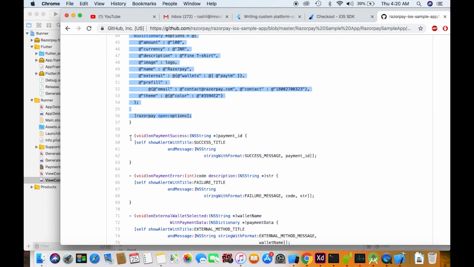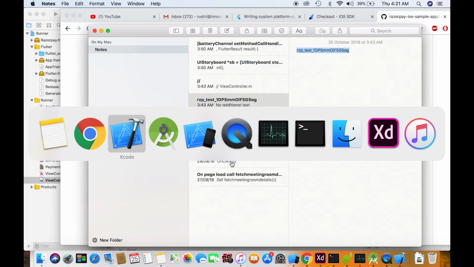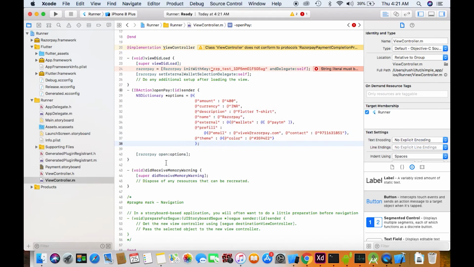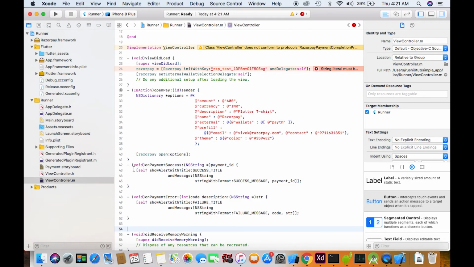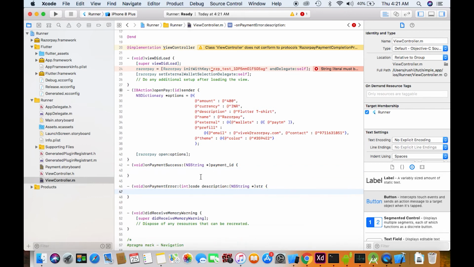What it shows is an alert after the payment. In Objective C you have to add this external wallet function to confirm, since the default does not confirm.